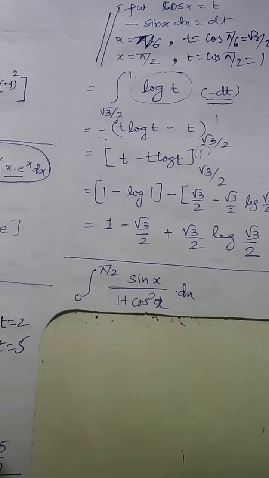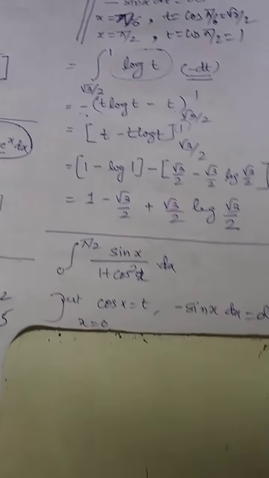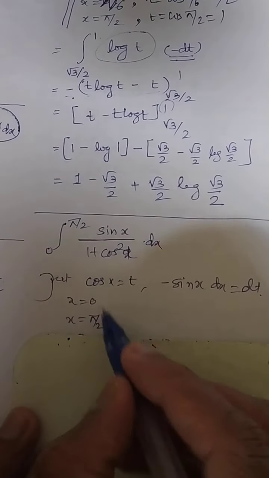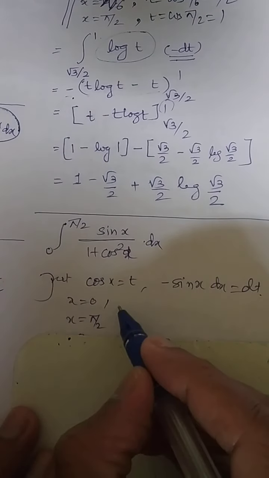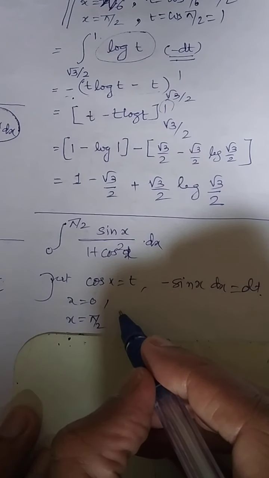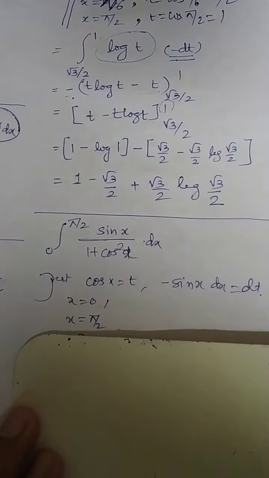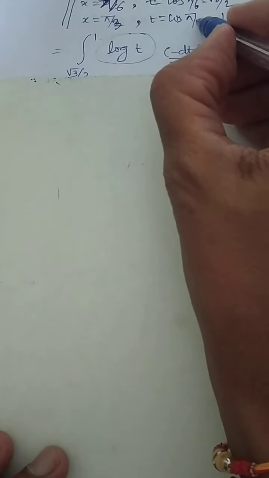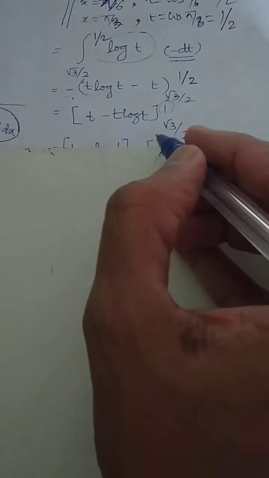This is one more question. So what will be the replacement? Yes, cos of x will be equal to t. Minus sin x dx will be equal to dt. So if x becomes 0, if you put 0 over here, then, just wait a minute. In the previous question, the upper limit will be taken as pi by 3. Over here it will be pi by 3. Pi by 3 means 60, cos of 60. Here it is half. You also write here it is half. So the upper limit is half now.